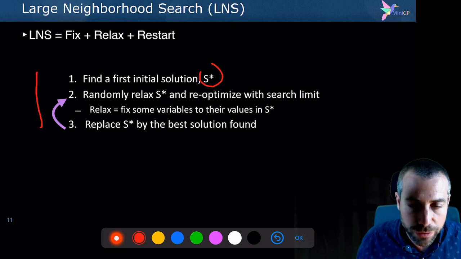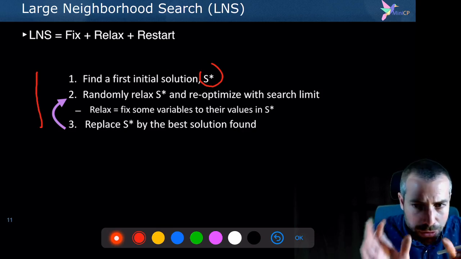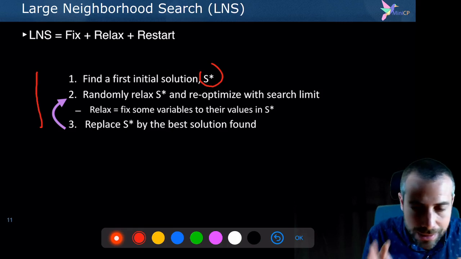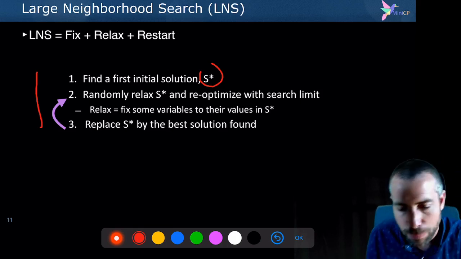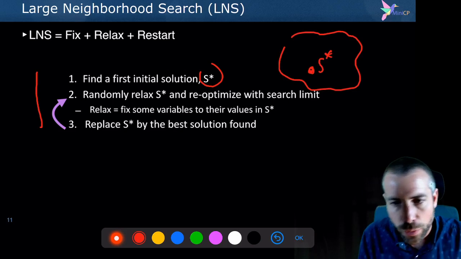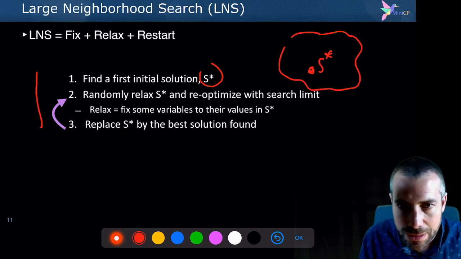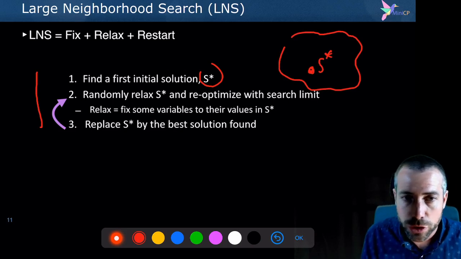And how do we improve it? By simply relaxing a little bit. We will keep most of the structure of this solution, but we will relax it a little bit so that we can explore. If this is the best solution, we say, okay, I'm ready to explore a little bit around, a little bit of changes around this solution. And to explore the neighborhoods around this solution, we will use constraint programming.